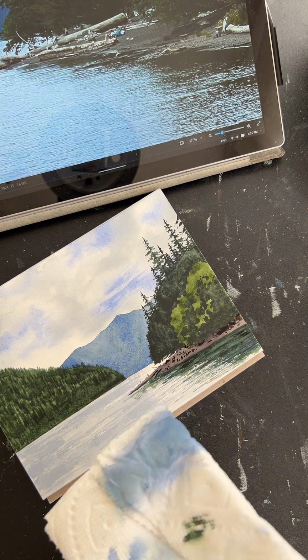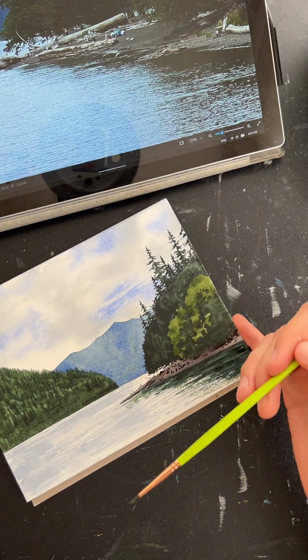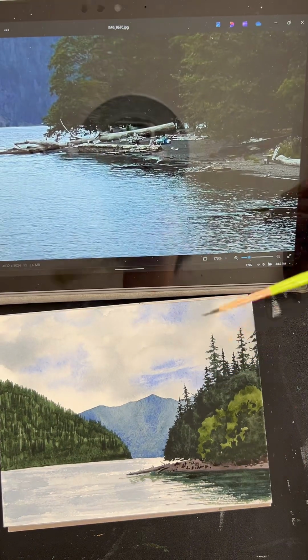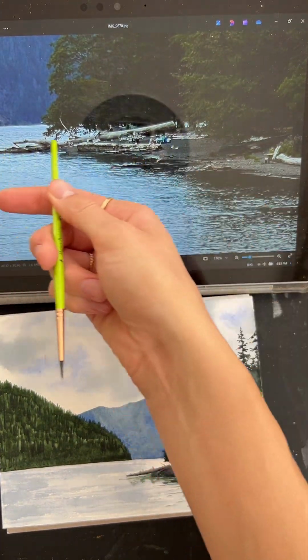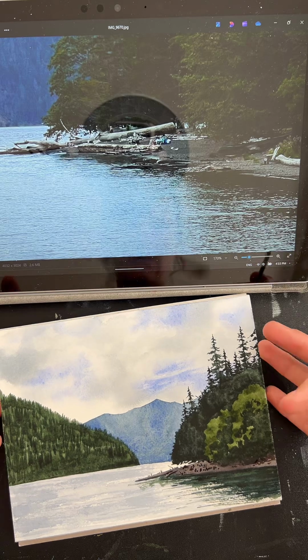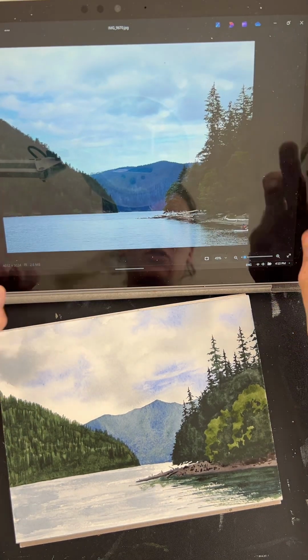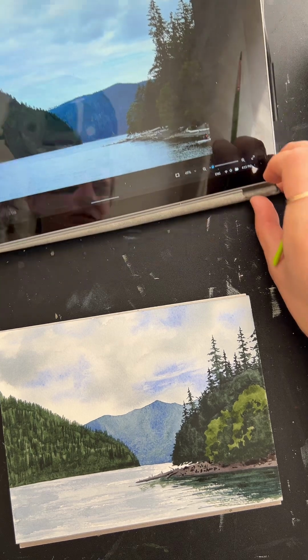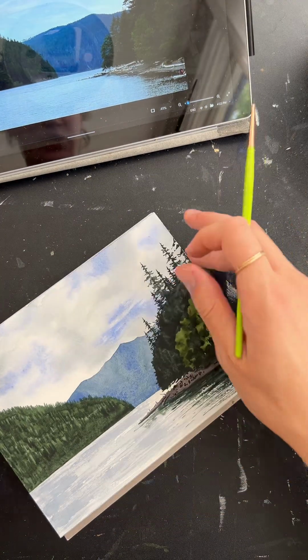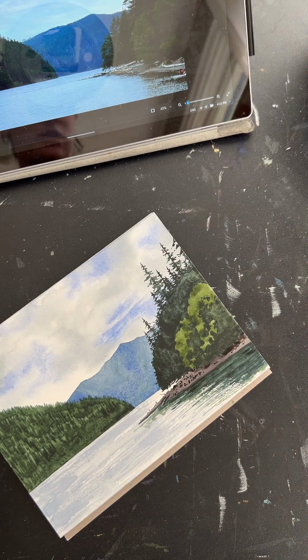And then if you want to add a highlight to the beach section, you can see there's some logs sitting up here. We didn't really include very many of these, because in the big painting it's just too much to do. But if you want to include a little bit of that, or just a hint of it,